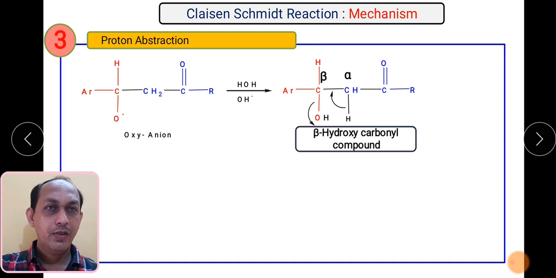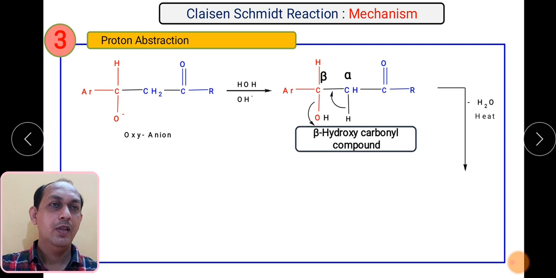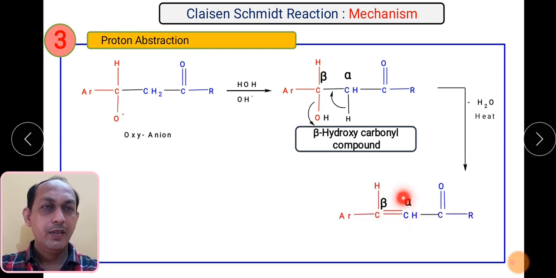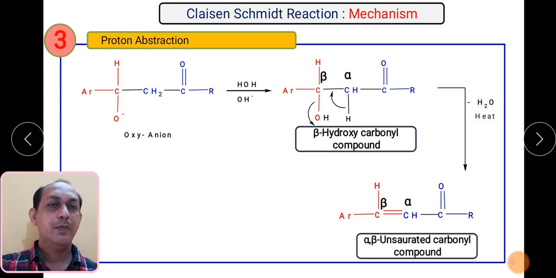Let us see how the bonds are shifted. There is a bond formation between the alpha carbon and beta carbon, and one more bond, that is the pi bond. So water is being removed, and a carbon-carbon double bond forms. If you see this structure and this structure, what is being eliminated? OH and H. There is no OH and there is no H, so there is a removal of water. So this particular species is an alpha beta unsaturated carbonyl compound.